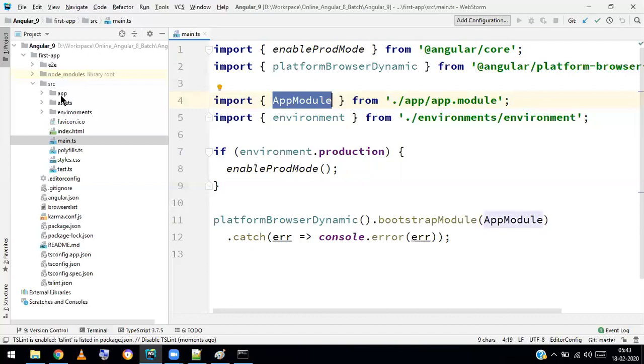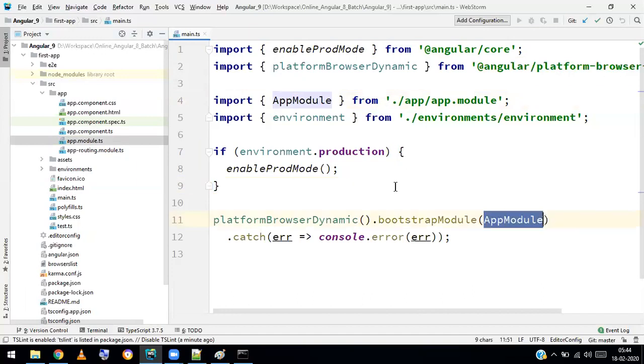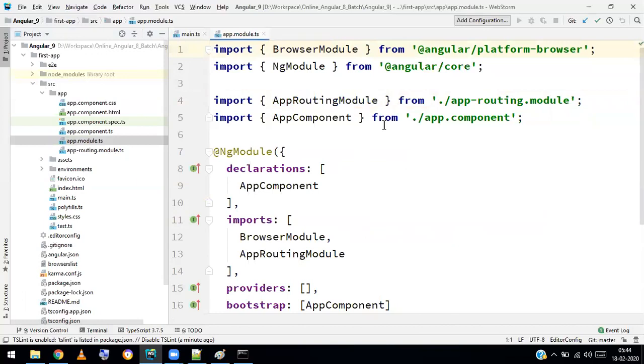In this app folder, you can check there is one app.module.ts. Whenever you enter a URL, it will initialize the main root module, the application's source code.